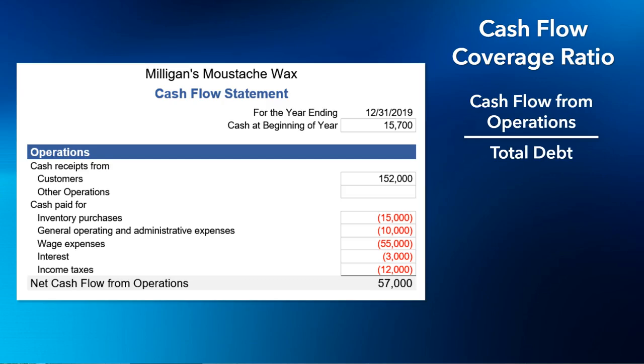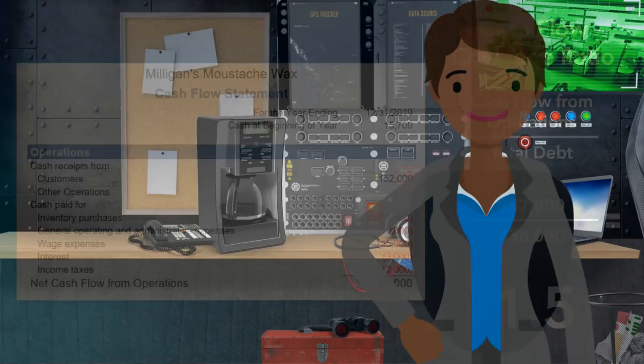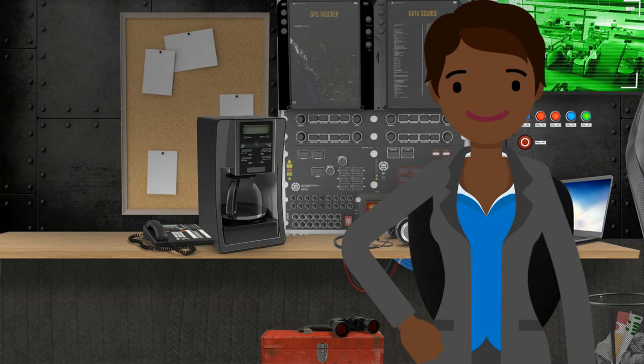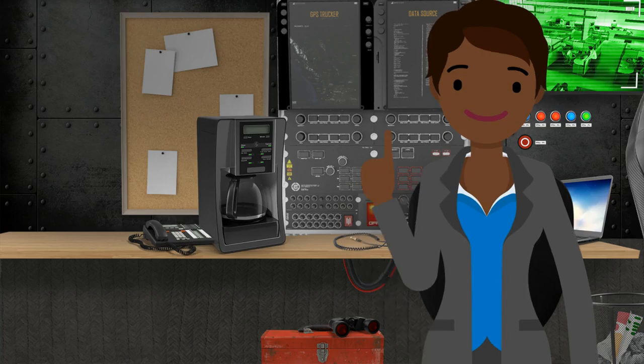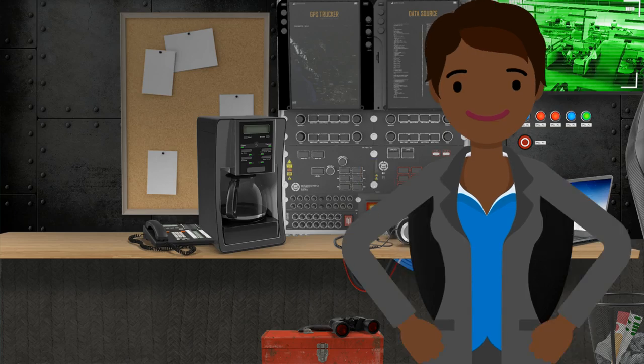Milligan's bookkeeper reviews the statement of cash flows and finds last year's operating cash flows totaled $57,000 and total debt payable for the year was $38,000. This means Milligan's ratio is 1.5. This means the company could pay off its debts 1.5 times with operating cash flows, so that's a pretty decent ratio. Essentially, the higher the ratio is, the more cash a company has to pay off debts and have left